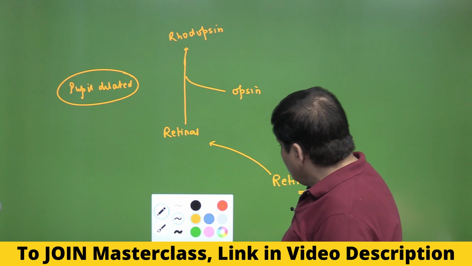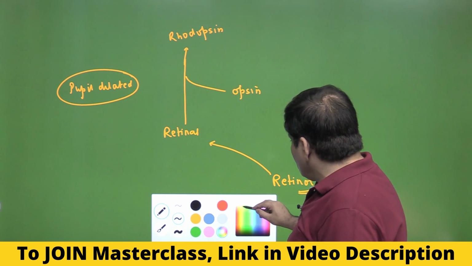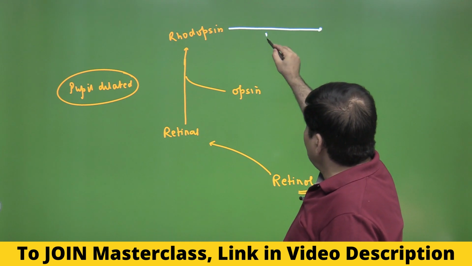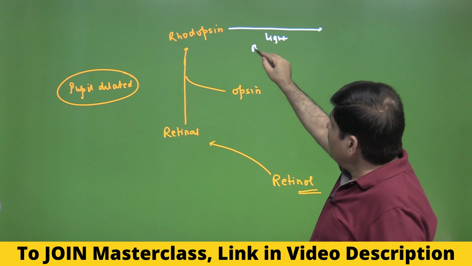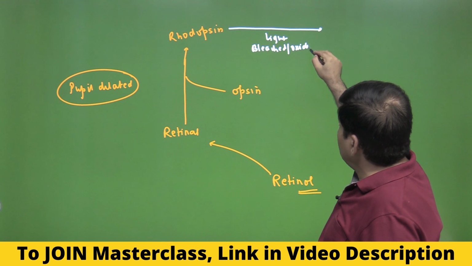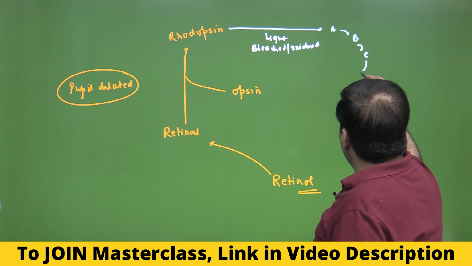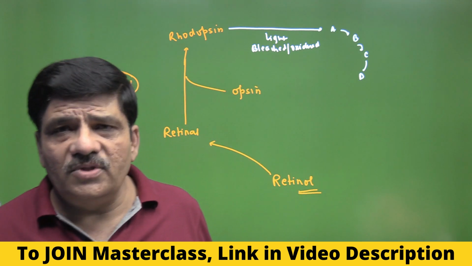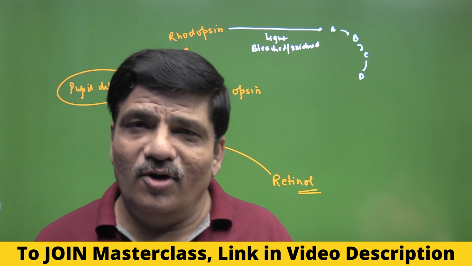And if you look at the light adaptation, what happens is that this pigment we are talking about, the rhodopsin, is very, very light sensitive. So if the light falls on it, it gets bleached, and you can use the word it gets oxidized, and is converted into certain intermediates, and no need of remembering the name of intermediates. A would be Bathrhodopsin, B will be Lumirhodopsin, C will be Metarhodopsin 1, and D will be Metarhodopsin 2.